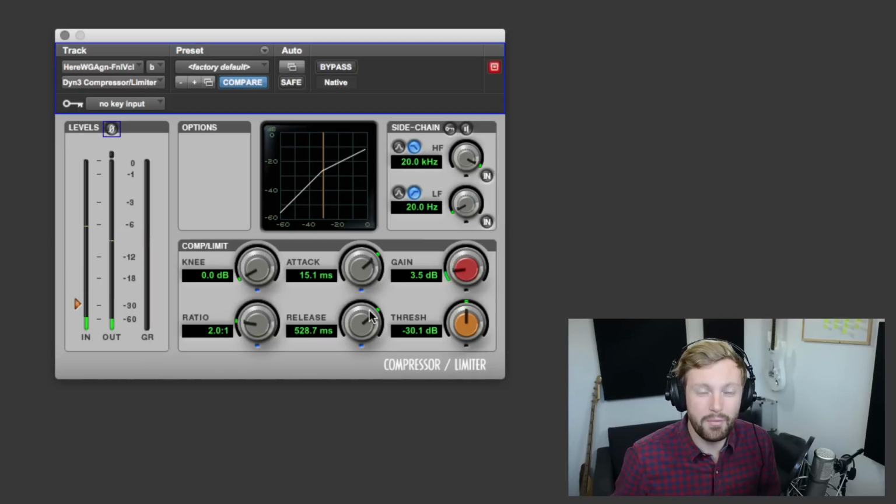So there we go. Even with a 528.7 millisecond release, which is half a second, it's still breathing in time with the tempo. It's quite a slow song. I think it's around that 120 BPM standard kind of rock tempo, and